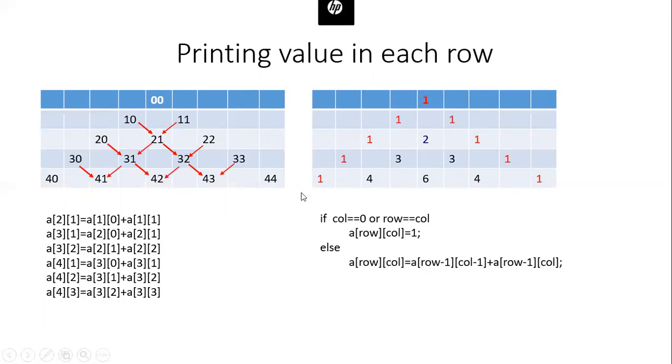Similarly, look at these elements as indicated by the cursor movement. In all these elements, what is the common thing existing? Look at these indices values. So here, the indices are 0, 0, 1, 0, 2, 0, 3, 0, 4, 0. So the common thing among these items is the column index, that is the second number, is 0. So when the column index is 0, in those positions, you need to print 1.